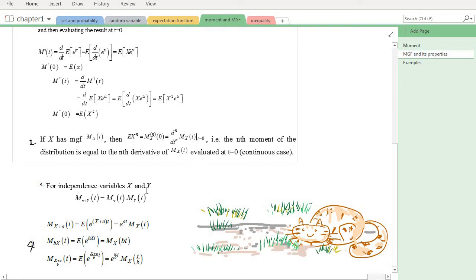So you can obtain using this formula: H is a multiplication of the moment generating function of x with the moment generating function of y. And then number 4,